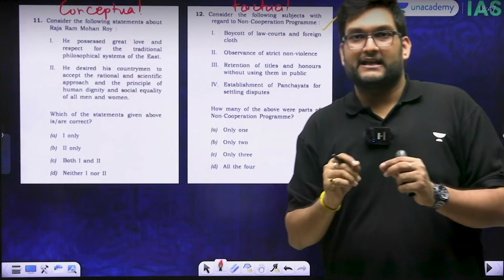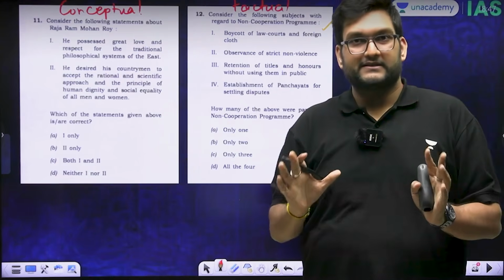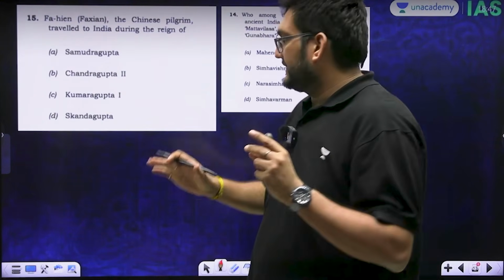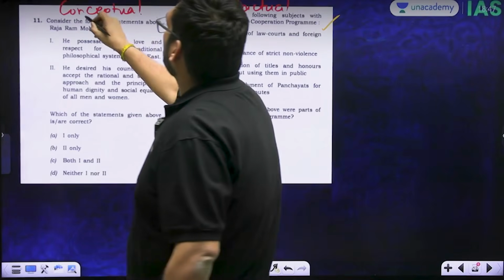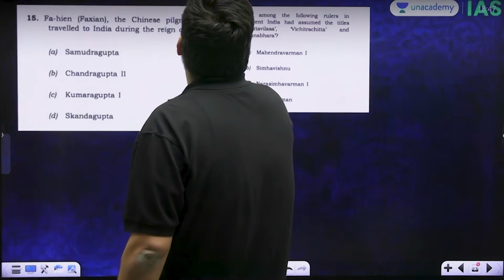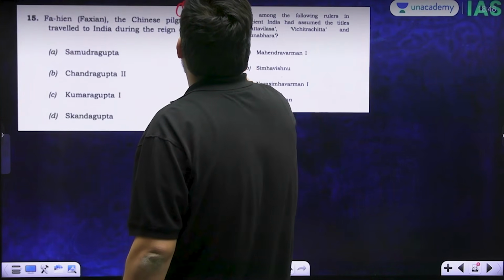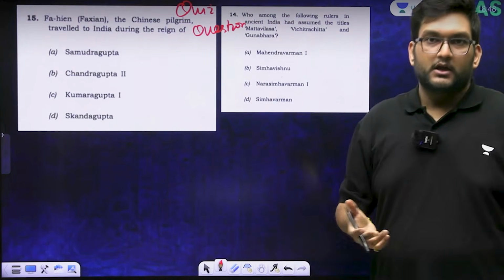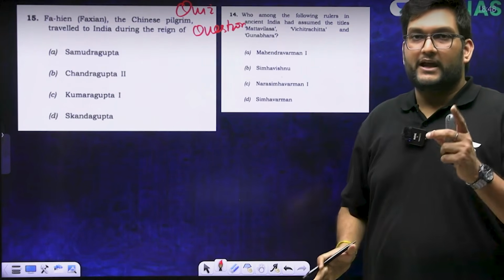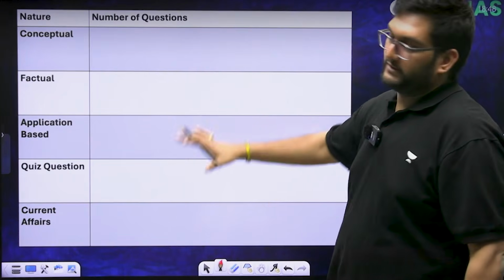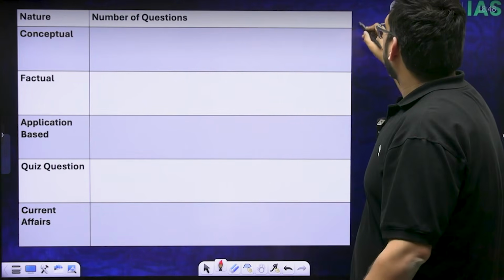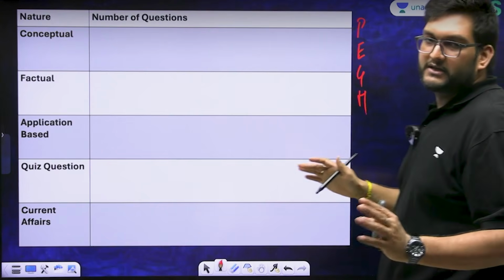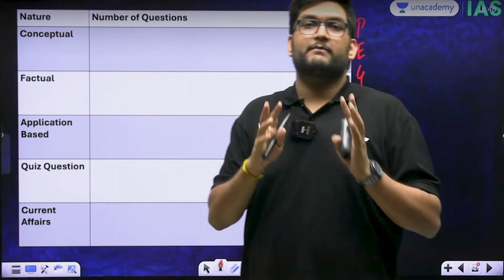When you're analyzing previous year questions for every subject, you have to analyze them under the following heads, for example, conceptual, factual, something called a quiz question. Quiz question means either you know it or you don't know it. So the main heads under which you're analyzing everything are the following, which is for every subject, be it polity, economy, geography, history, any subject, you are analyzing the number of questions